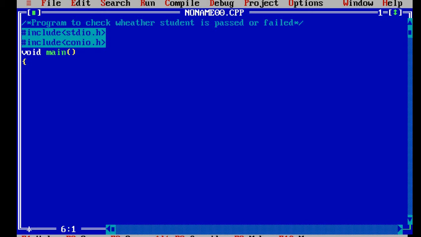Go to the next line and give a variable, integer marks, because to decide pass or fail we require marks. Give the variable marks as integer, then clrscr to clear the previous output.